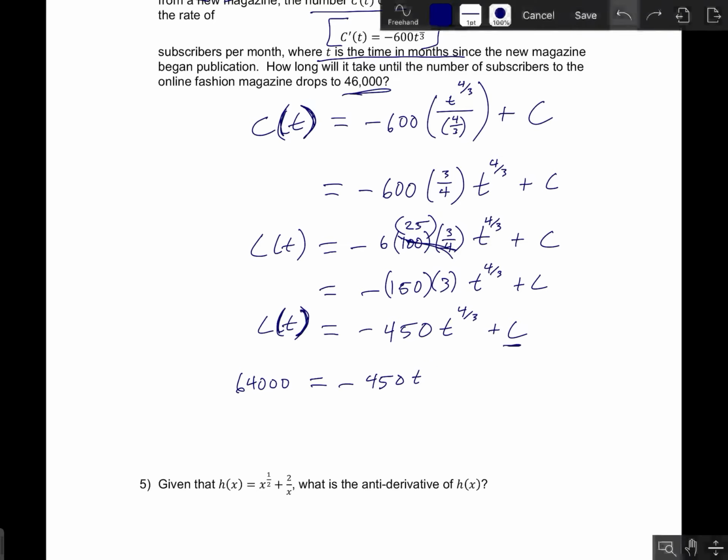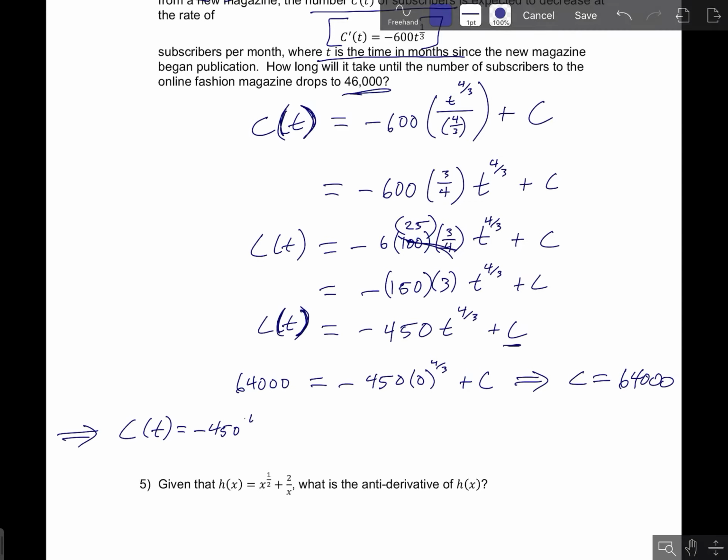Oops, sorry, this t should be 0, because we're plugging in a C value of 64,000 and a t value of 0. And because t is equal to 0, we're just going to get a C value of 64,000. So we know our C value now. This means that C of t is equal to negative 450 t to the 4/3 plus 64 grand. Okay, and lastly, now that we have C of t, we can answer the question